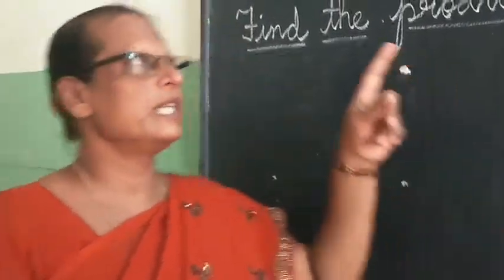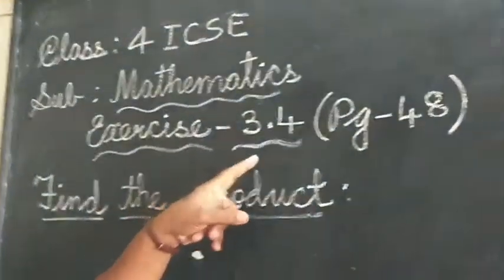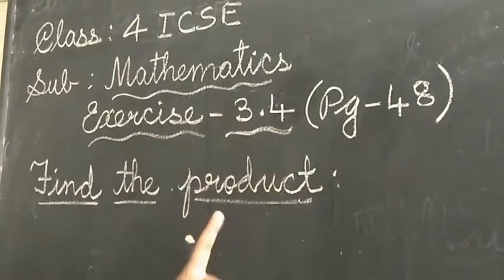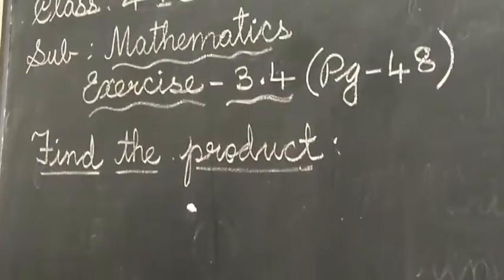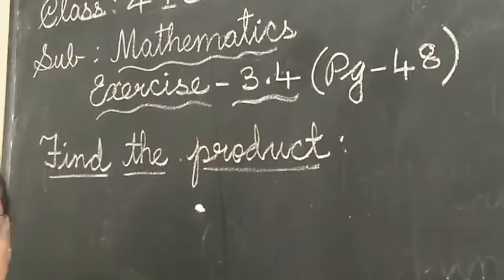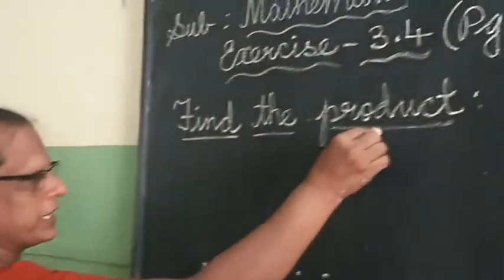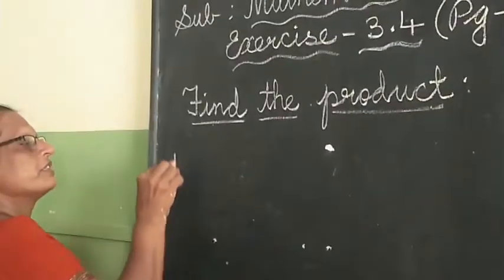Children, today we are going to see mathematics exercise 3.4, given on page number 48. Today we are going to see multiplication by a 2-digit number. Okay. Find the product. So the first sum